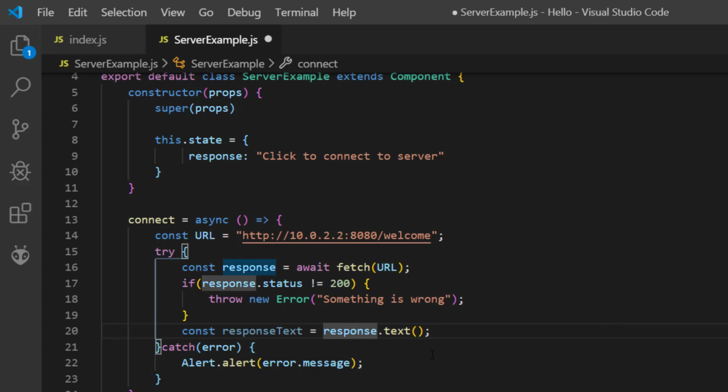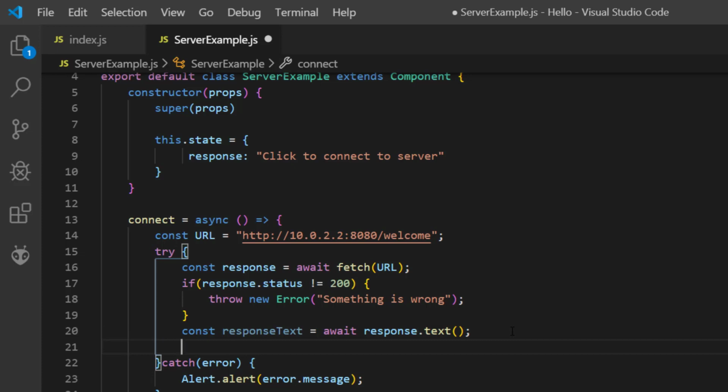And this command response.text should also be an asynchronous process. Because it could take time, you really need to make it asynchronous by placing the command await in front of this response.text. And of course this one you run parallelly or asynchronously with another process, so it will not block other processes. So finally, if the extraction of the text from the response from the server is going well, there is no problem at all, you can